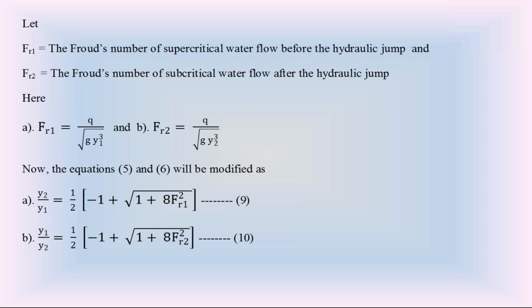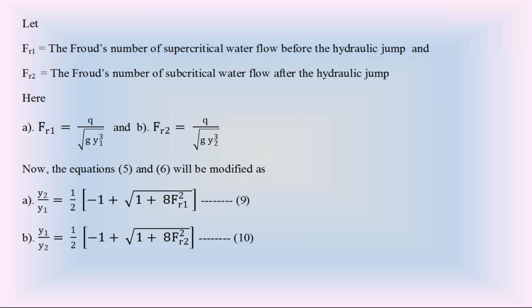Just the modifications. We are doing the modifications in that specific force equation. F1 is equal to F2. Then we got equation 2, the quadratic equation, q square by g is equal to y1 y2 square plus y2 y1 square. You can take equation 2 as a quadratic equation either in terms of y1 and also a quadratic equation in terms of y2. So you will get equations 3 and 4.